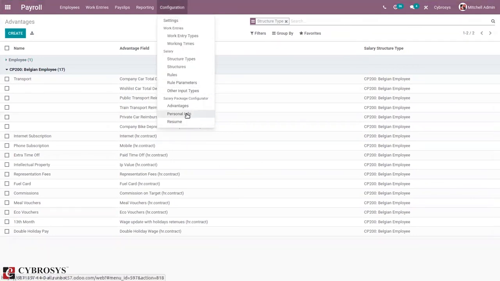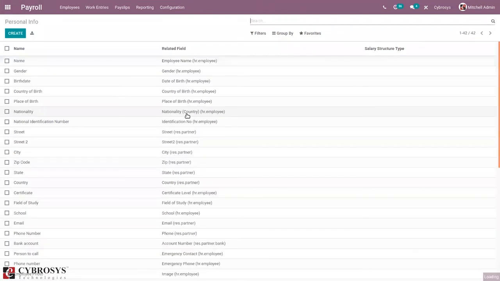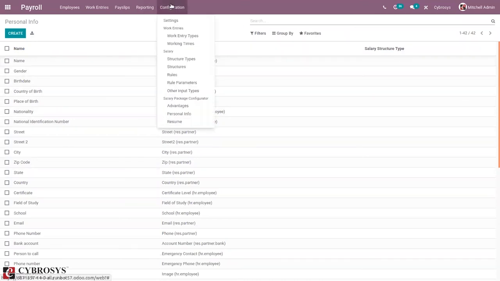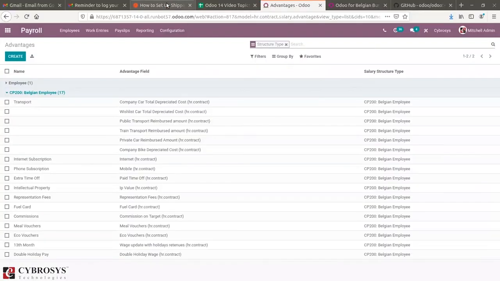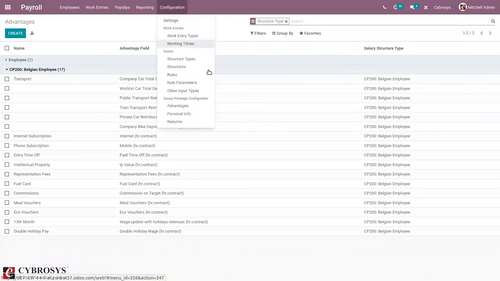And in the Belgian localization package, we have some personal information. You can see we already have personal information and then resume details.